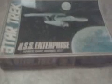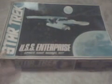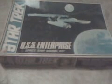Then I picked up this. According to my research on eBay, this is from 1968. There is no date anywhere on the box. The only date that I found is on the instruction sheet inside, which has an order form for the official Star Trek jacket. On here it says this offer expires December 31st, 1974. Now you can't really see that because of my camera, but anyway, it is an original AMT model kit